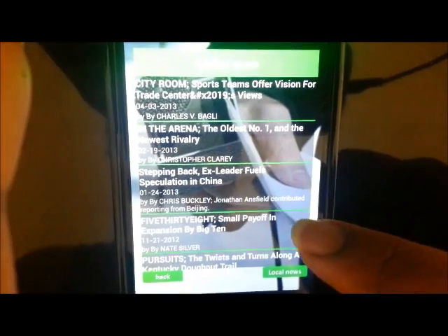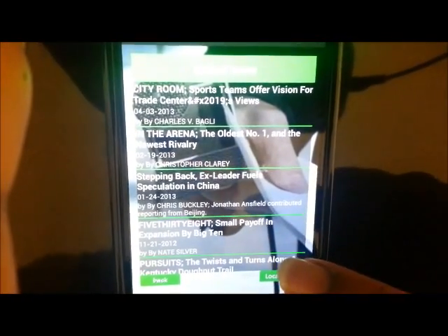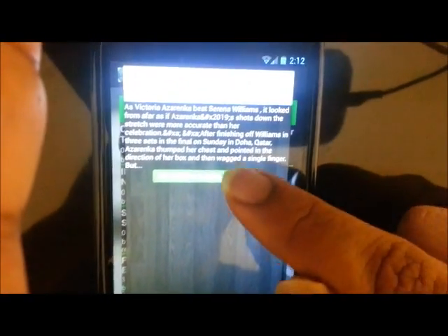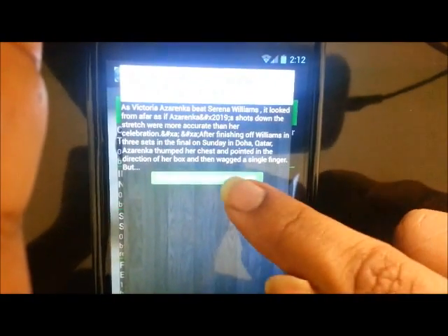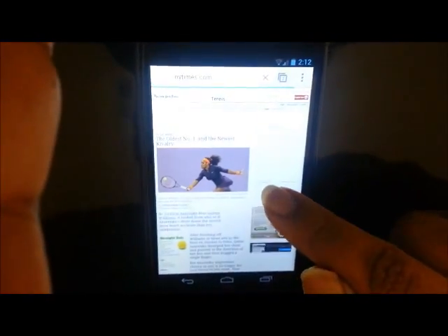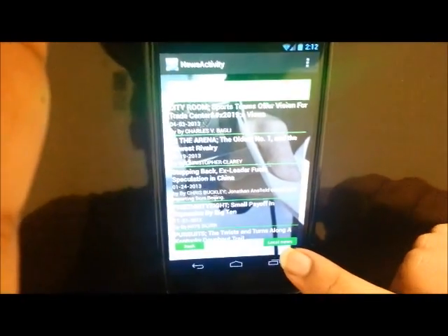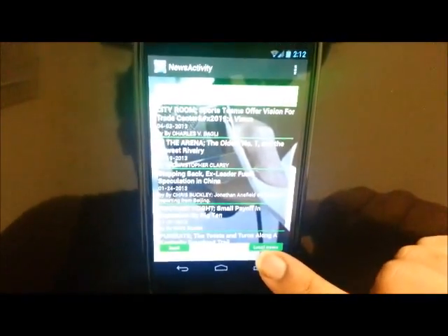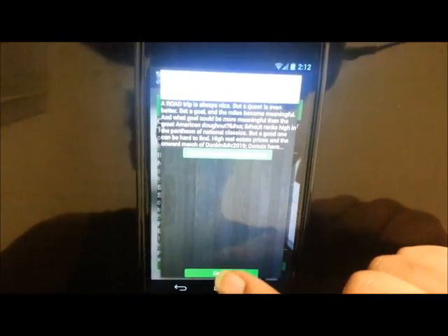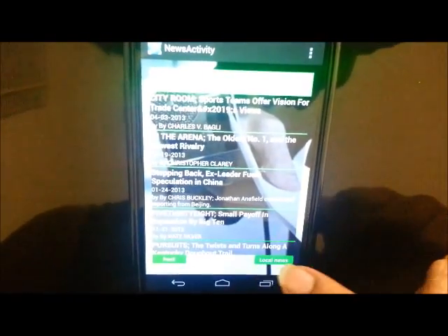We have used the same API over here. We have used the NYTimes API for both the news activities. This is the global news. Again, the same way I click over here, it will show you a small description. When I click over here, it will go to the news website and show the news in detail. I click back, click cancel. I have an option to again go back to the local news over here. I click on local news, and it will go to the local news.